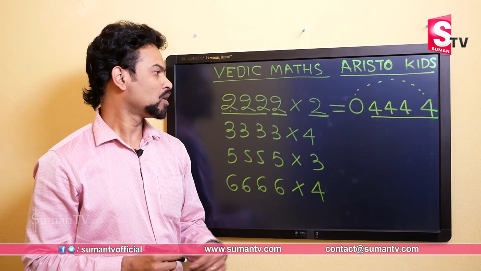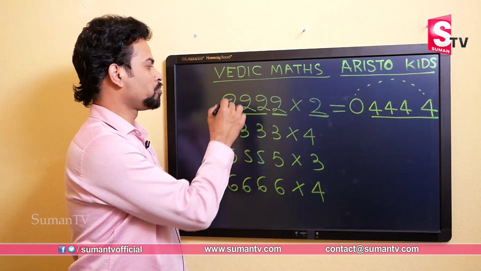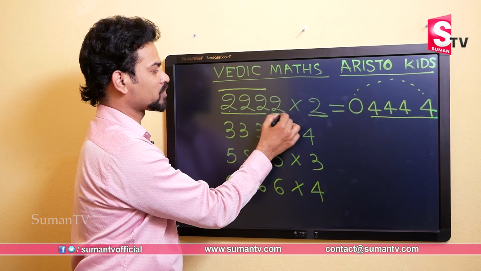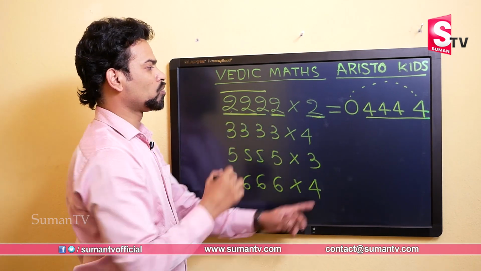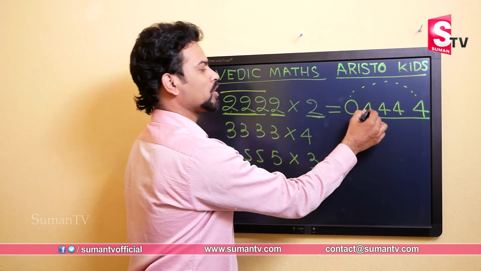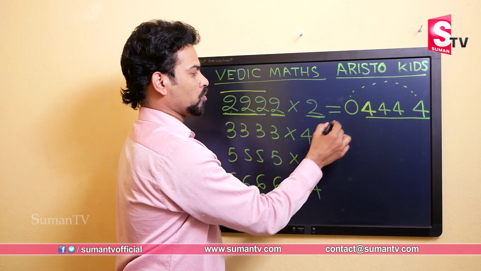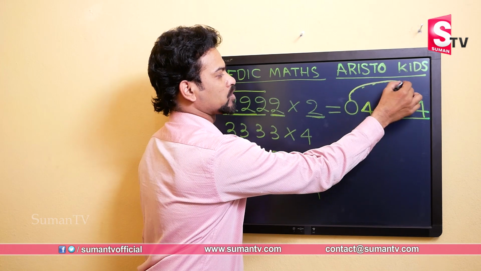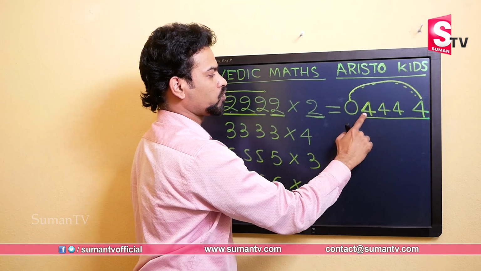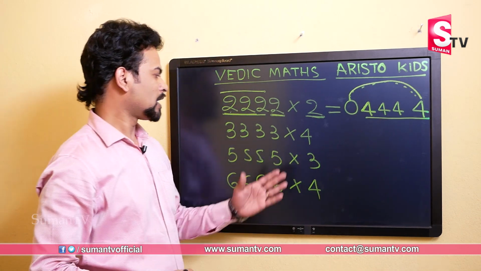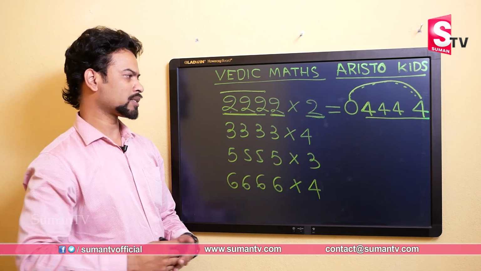If you have a doubt how we get these 3 4's, it is because there are 3 2's left after this multiplication. So we got 3 4's. And how did we get this value of 4? We add this 0 and this 4. So 0 plus 4 is 4. We put 3 4's here. Let us do some more examples.